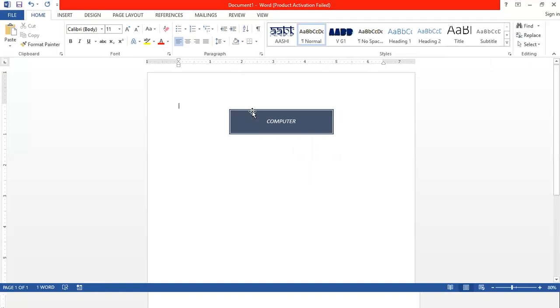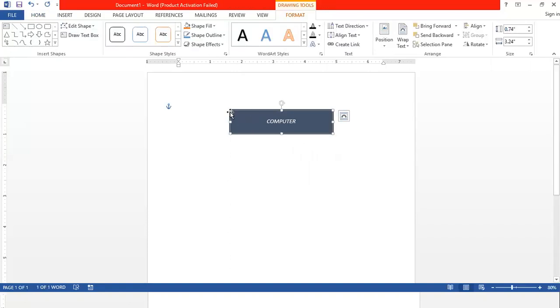For moving, first you need to click on the text box, and you can see small boxes have appeared at the border of the text box. These boxes are called the resize handles of the text box. By clicking on a box and dragging the mouse pointer, you can resize the text box. If you want to move the text box to any location, then you need to click on the border of the text box.